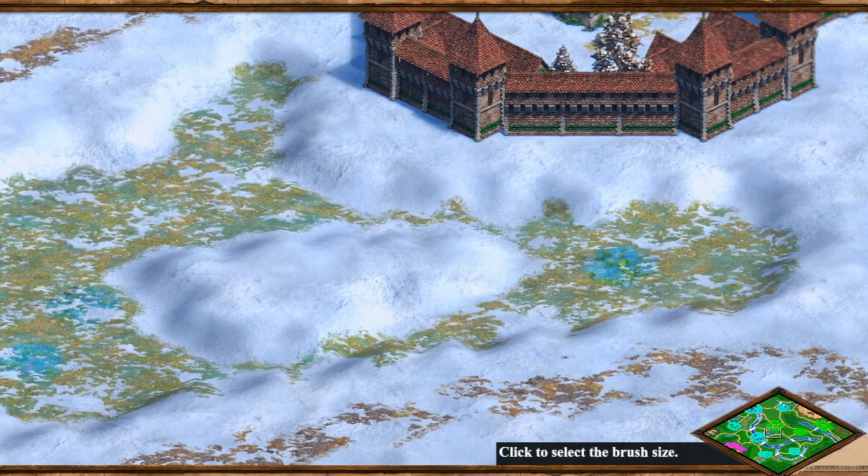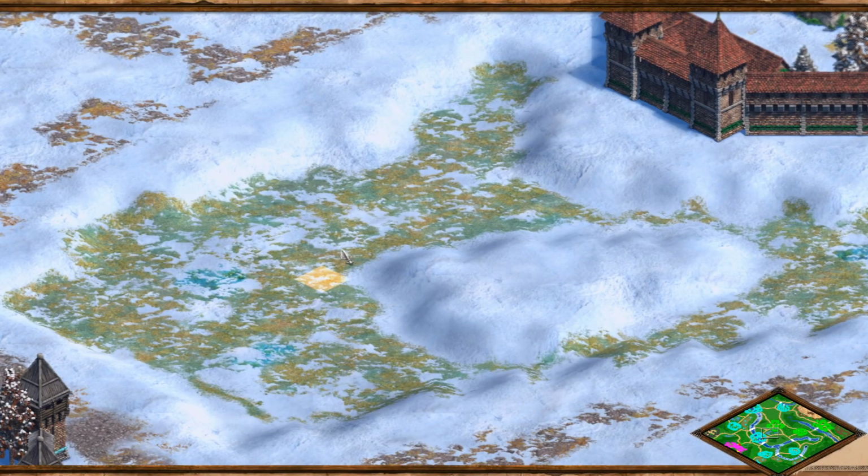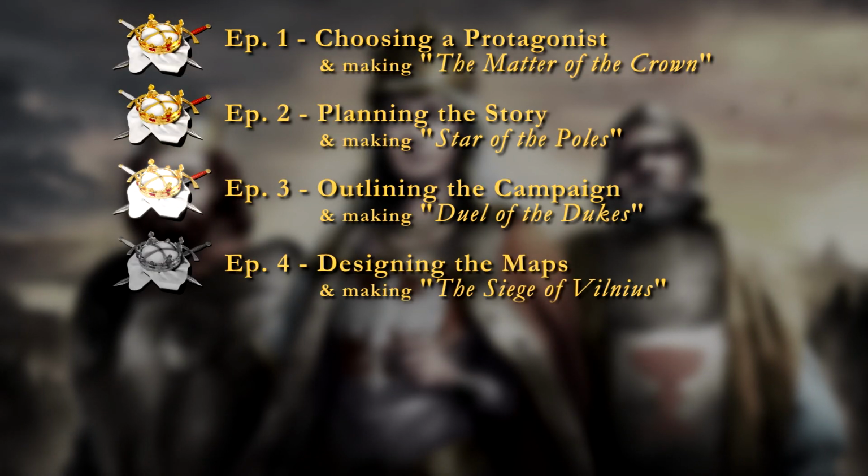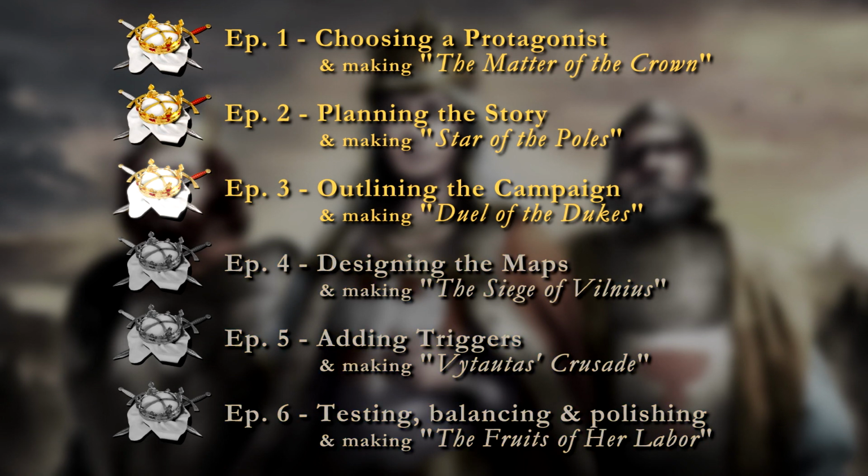Today we will dive into Duel of the Dukes, which is about the civil war in Lithuania between Jogaila and Vytautas. We will also look at how you can take your first rough campaign draft and turn it into a